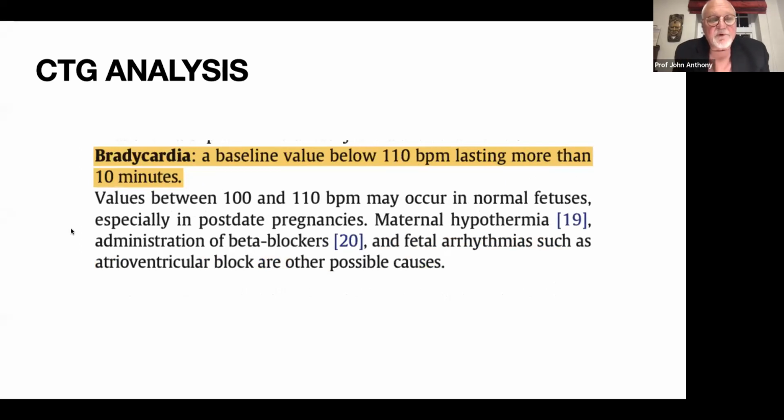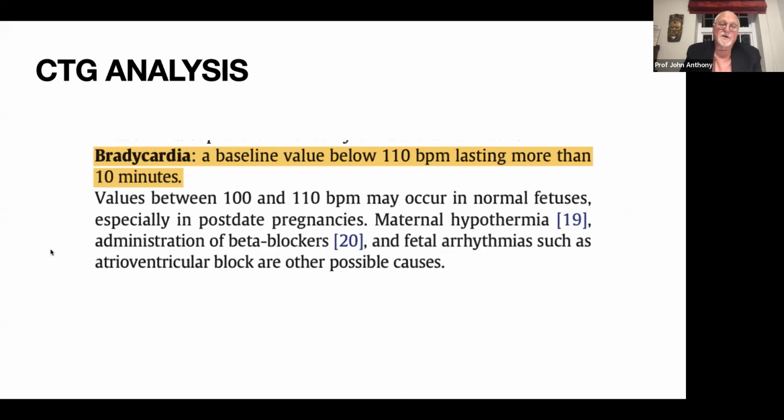At the other end of the scale, bradycardia is a baseline value below 110 lasting for more than 10 minutes. And again, this comes from the FIGO document. They concede that values between 100 and 110 can occur in normal fetuses, especially in post-term pregnancies, and then maternal hypothermia, beta blockers, and fetal arrhythmias can all cause a bradycardia. But in general, we would also think of a bradycardia as being indicative of hypoxia, and very often severe hypoxia